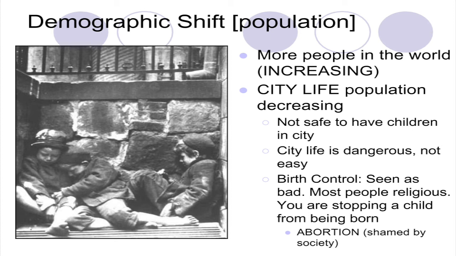So in this case, you'll see that some women had made the choice to try to get an abortion, which is to get rid of the baby. But at this time, people were very religious, and this was really bad to do. So people tried various methods to try not to get pregnant, and at the same time, the population does decrease in the city, while worldwide, the population is going up. So we call this a demographic shift.